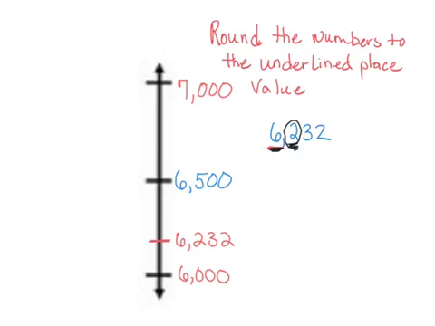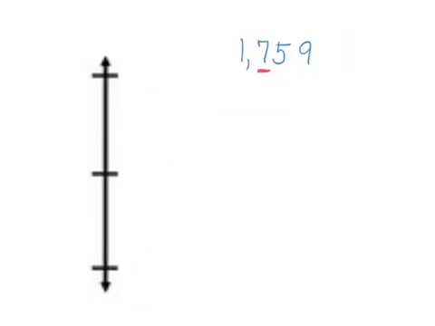And when we're looking at this, we're noticing that this number is closer to 6,000. It is nowhere closer to 7,000 because it has to be past that halfway point because there's a 5. It has to be past that in order to grow to 7,000. So we would round it to 6,000. Our next one is